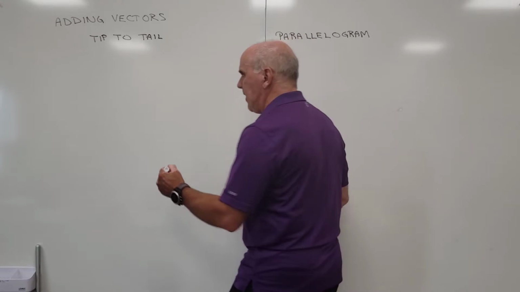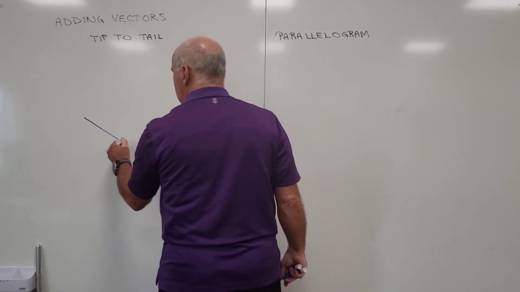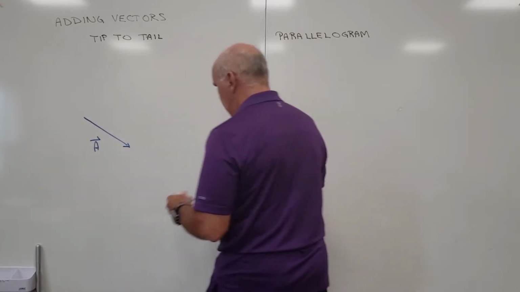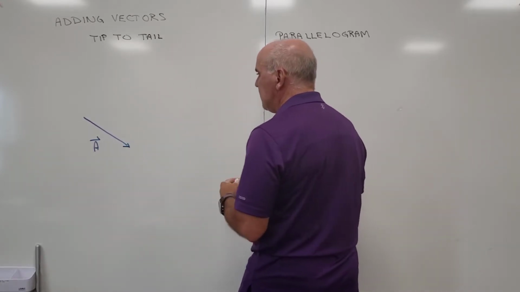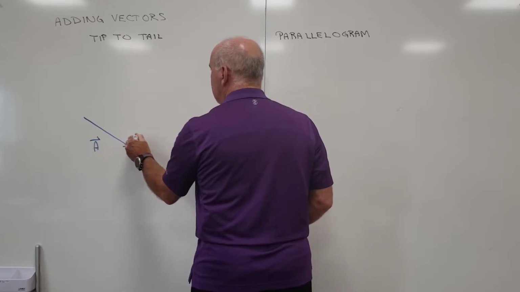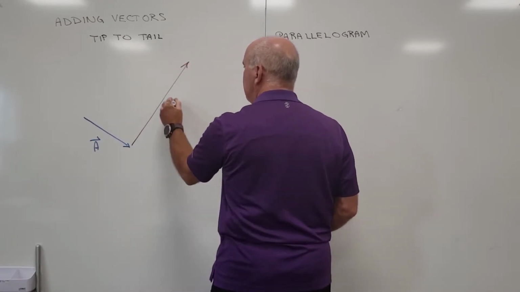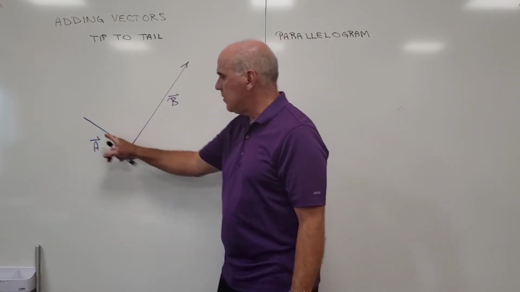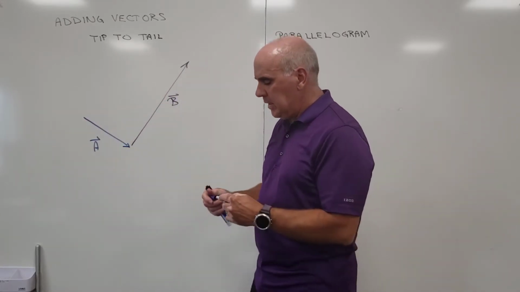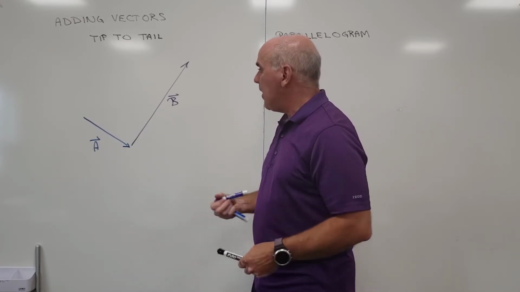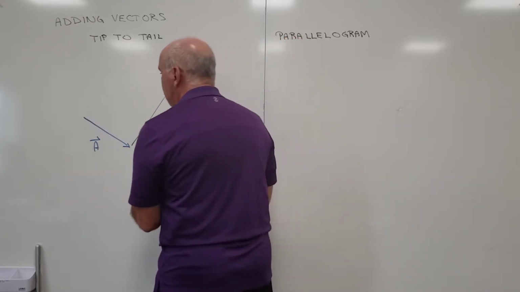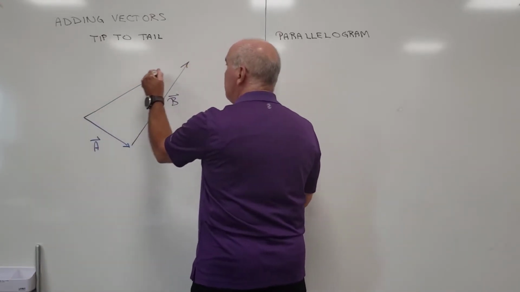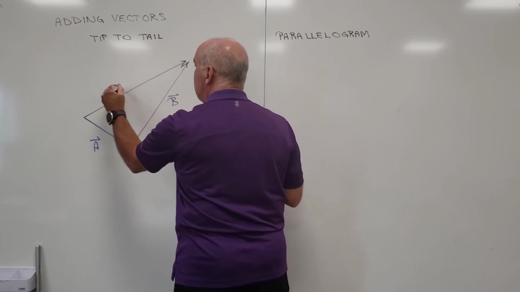So let's say I've got a vector, I'm going to travel a path again. And so I'm going to have some vector A. And then I'm going to add to that another vector. I'm going to go out along a different path here, and I'm going to follow this path B. So I'm going to walk this path and I'm going to walk this path. In the end, then, my final displacement is the sum of these two vectors, the sum of A plus B. And so it's going to be this vector here. And I'm just going to write that as